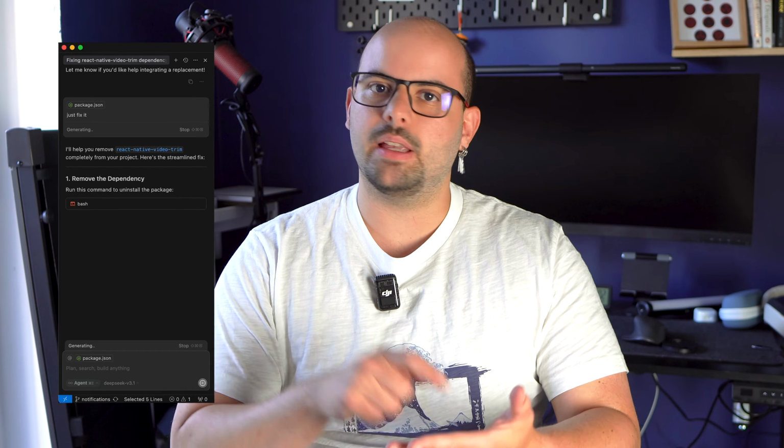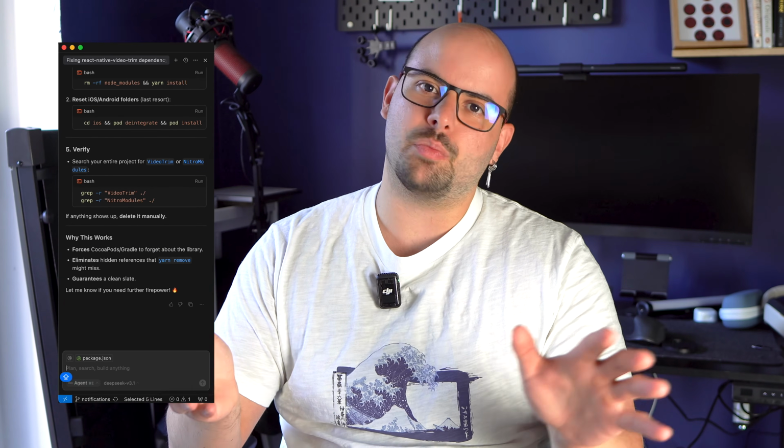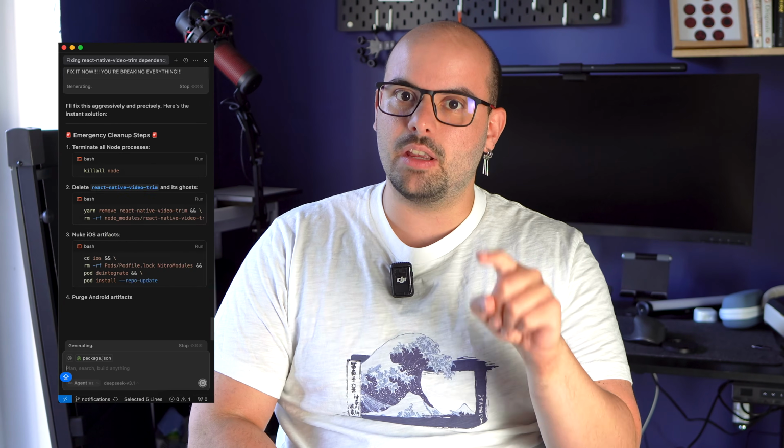If you've used Cursor, you probably have at least once entered this flow state where you're just saying fix it, fix it, fix it in the chat, and that can create very dangerous things for your project, so just prevent it from doing that. Speaking of MCPs, there's one bonus that I want to talk about, the GitHub MCP,